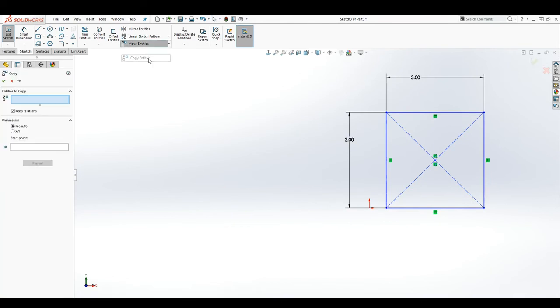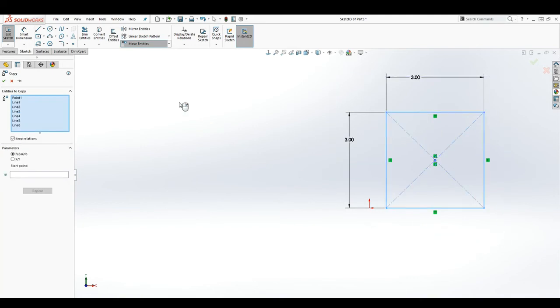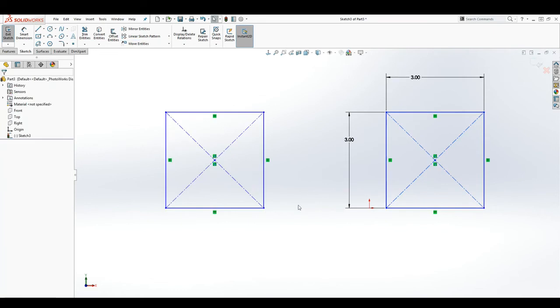So the next one is the copy tool, and again we want to select everything, and start point we want to copy it about any point. Let's pick this point, and let's go back on this start point. We want to pick that point and move it over, and that's how you copy. So let's delete this one,